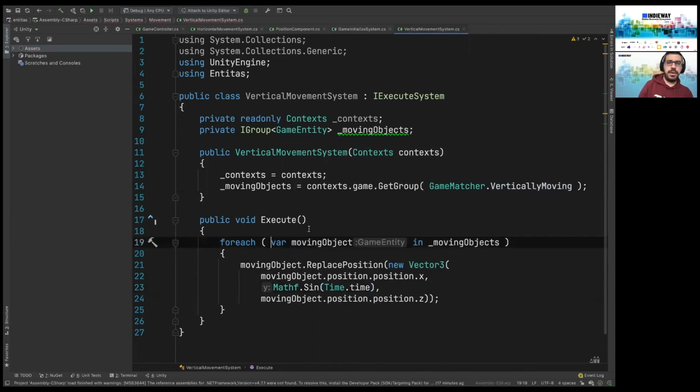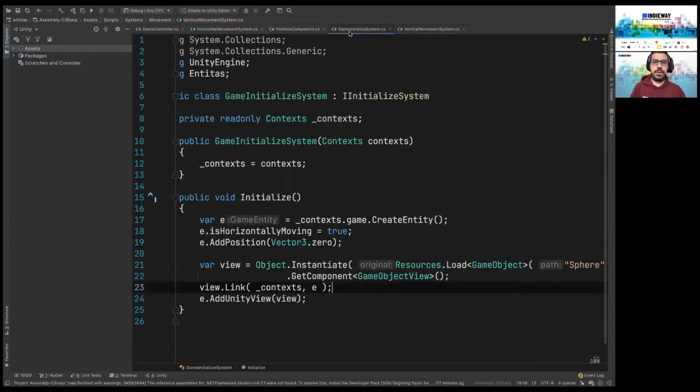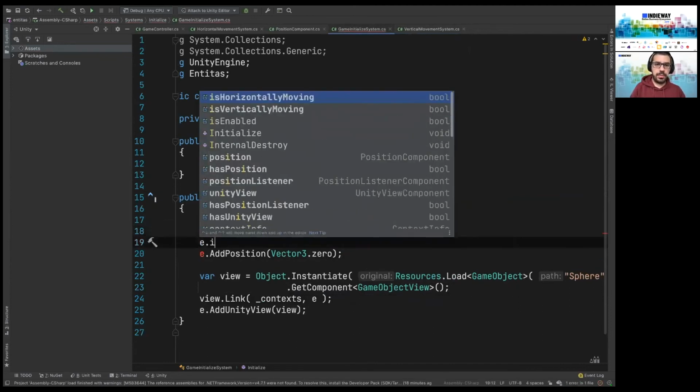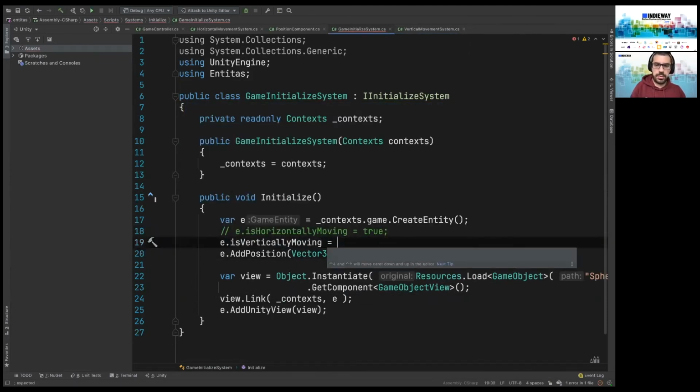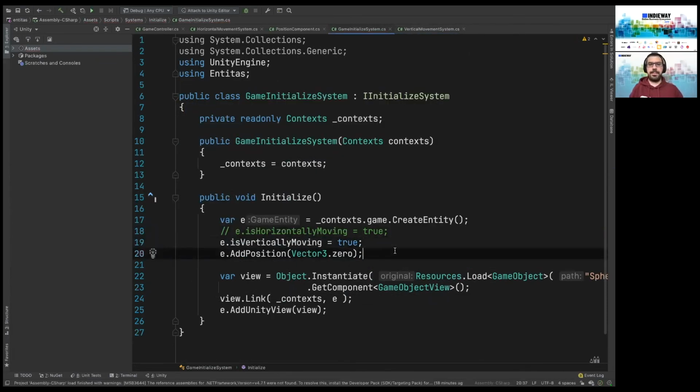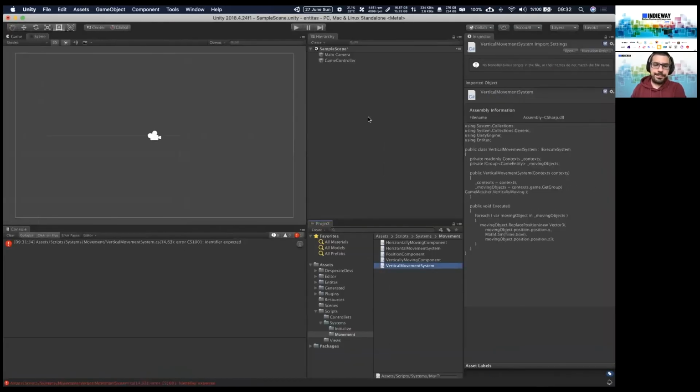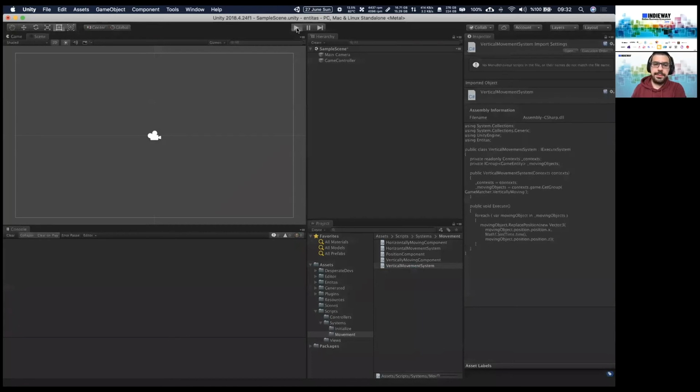Let's have not cosinus, but sinus here. And then I go to game visualization assistant. I add vertical movement. I click on play.